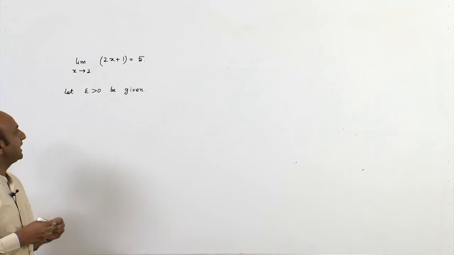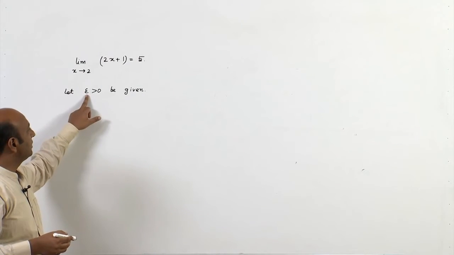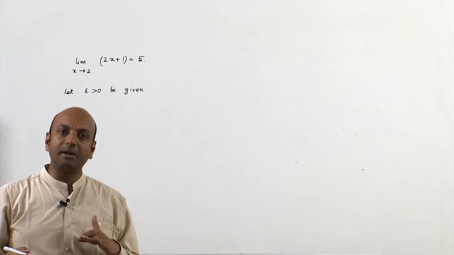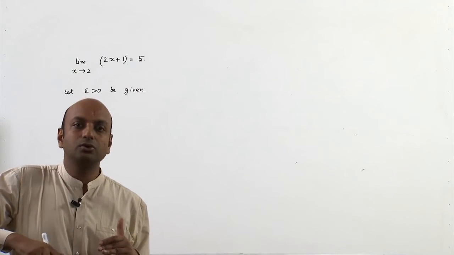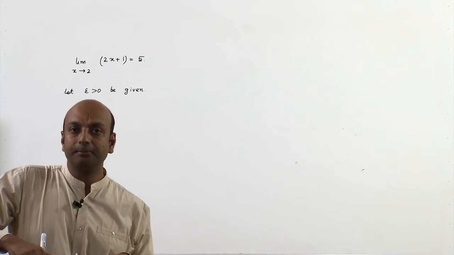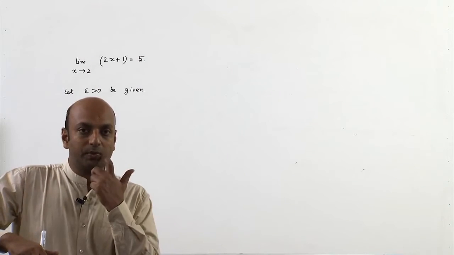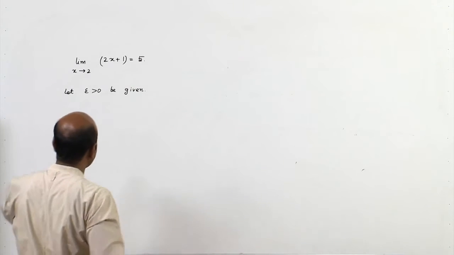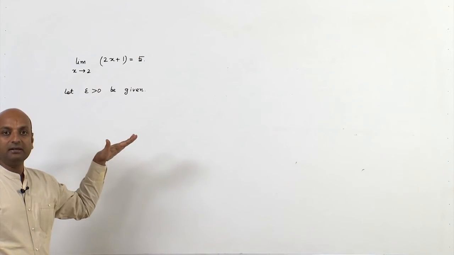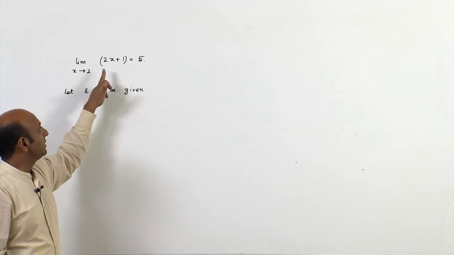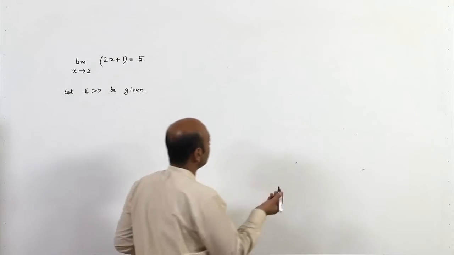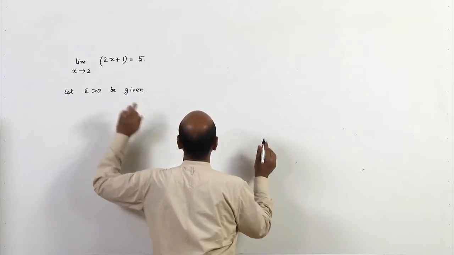You take any epsilon greater than 0. The same process will repeat for any epsilon greater than 0. So, we can say that for every epsilon greater than 0, there will exist some delta. So, basically what we have to show? We have to show that for any epsilon greater than 0, there will always exist a corresponding delta such that the definition holds. What we have to prove basically is that for every epsilon greater than 0, there will exist